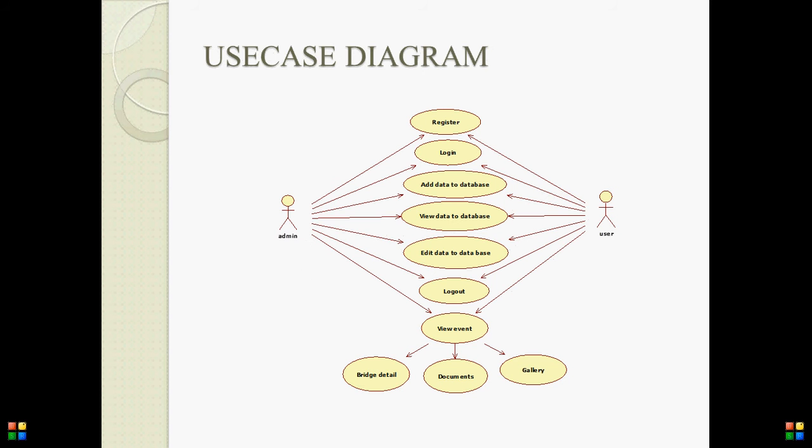Use case diagram. The use case diagram has two actors, admin and user. The admin and user must fill the registration form and also log in, add data to the database, view data, edit data in the database, etc.